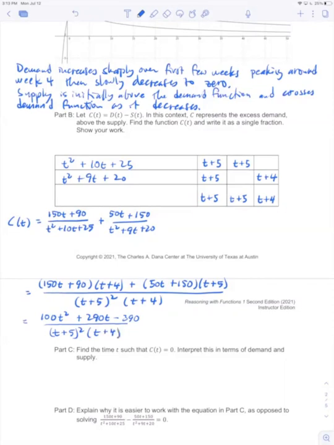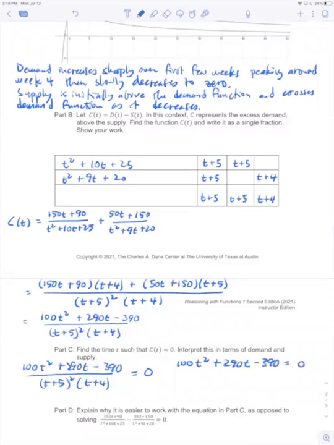Part C says find the time t such that c of t is equal to 0. Interpret this in terms of demand and supply. So what we'd have to do is solve the equation 100t squared plus 290t minus 390 over t plus 5 squared, t plus 4, and all that is equal to 0. So we have a fraction equal to 0, so that means the numerator we want to set equal to 0. So it's going to be 100t squared plus 290t minus 390